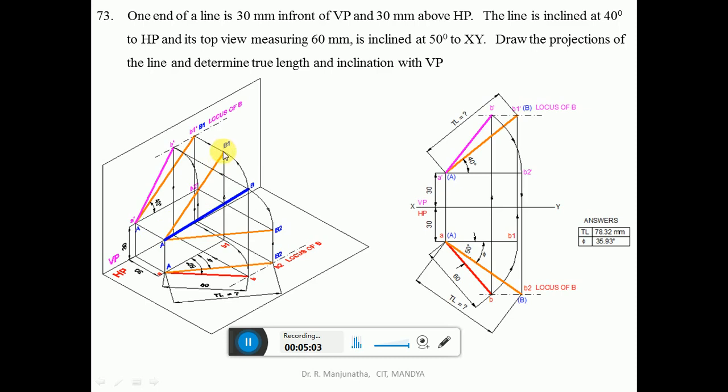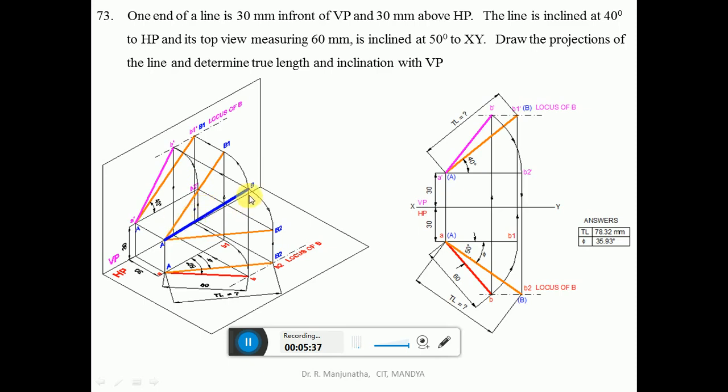But when you want to do that, when you look from the top view, the image is rotated in the horizontal plane from B to B1, which is made parallel. So when it is projected directly, you are going to get this true length here. This is going to be the locus here. So this is how we will be able to get the true length in the front view. Now we need to find out the true length in HP.